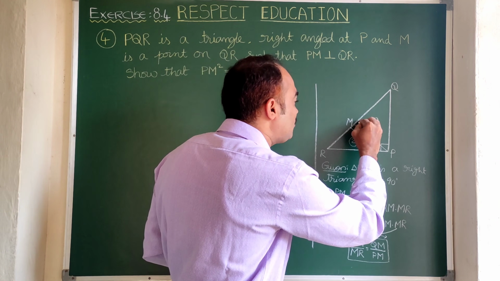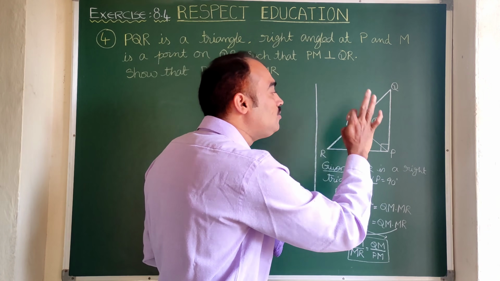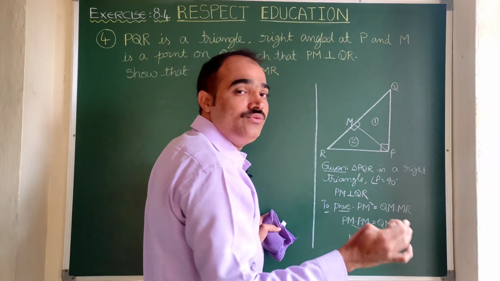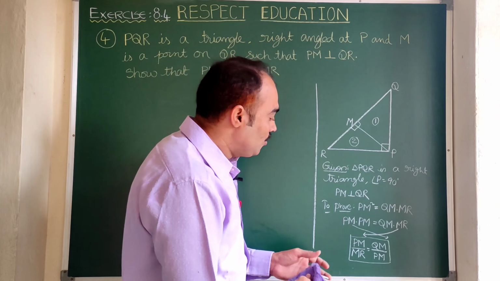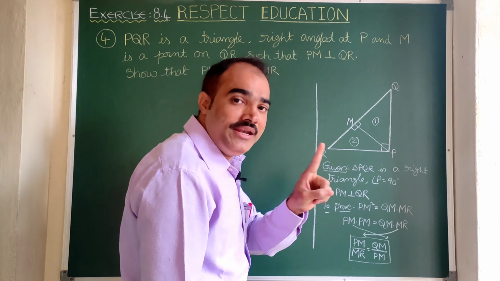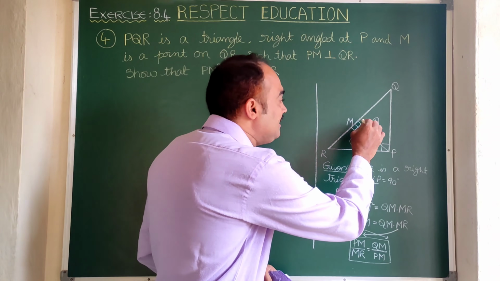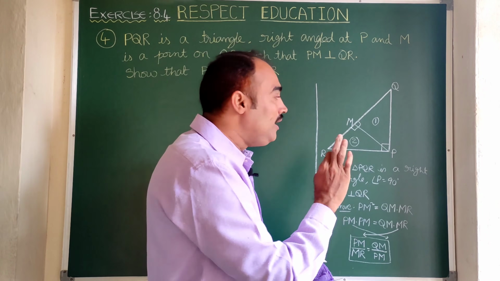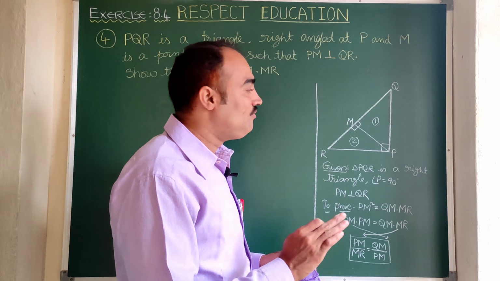If this is 90, this is also 90, but only with 90 and only PM is common, with these two we can't say those are similar. This data is not sufficient to prove these two are similar. If we do not prove similar, then this is very difficult to get. Are you following me? To get these ratios or the sides in proportion, to say that we need to say these two triangles are similar. But you do remember that in this triangle angle M is 90, in this triangle also angle M is 90, PM is common. Based on only both of them we can't say those are similar. That is the reason here what we need to do.